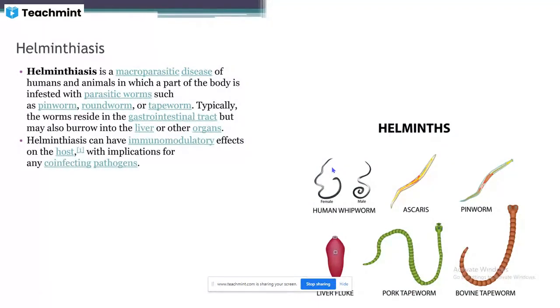These are all the parasites, which take the nutrition from other organisms. They cannot prepare their own food. They are dependent on other organisms, dependent on their host. So these are parasitic in nature. So they cause the macroparasitic diseases,